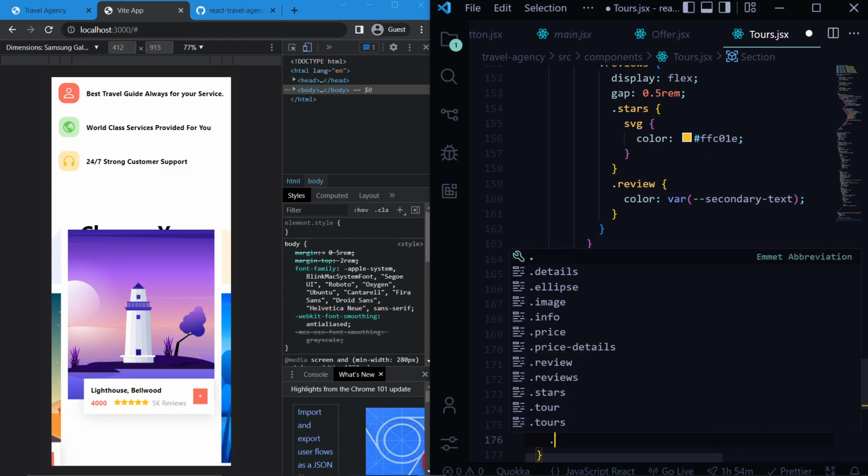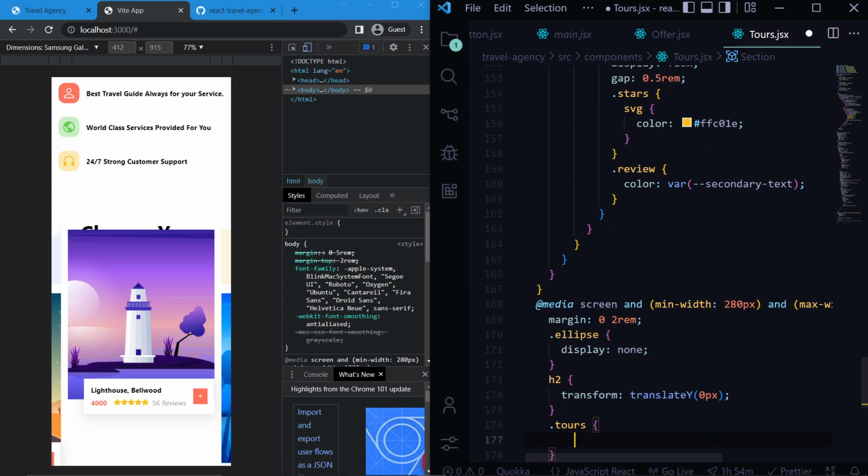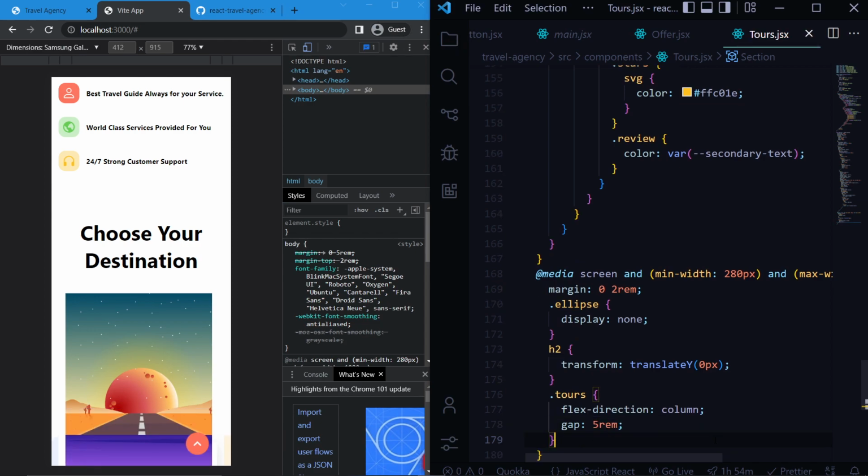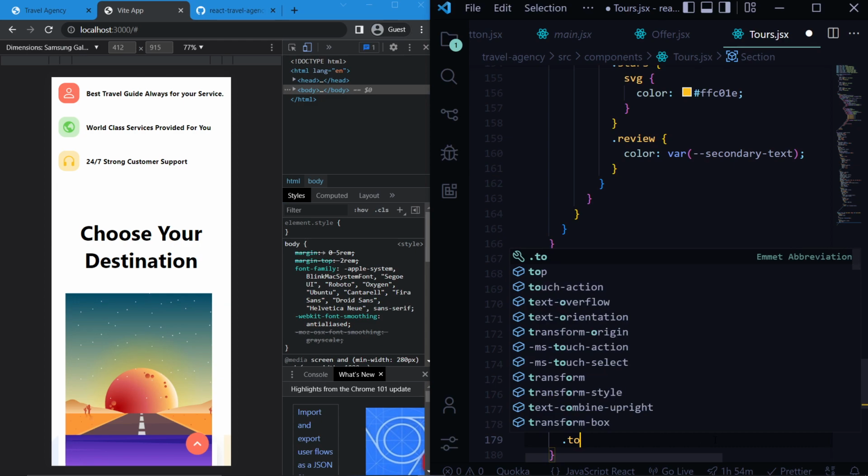After h2 we have tours, flex direction of column, gap of 5 rem. After tours we have tour,